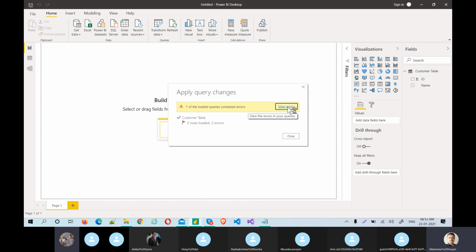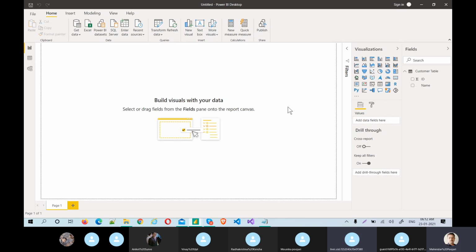Okay. Now I just want to view the errors. Again, it will go back to the query editor to view the errors. Do apply change. Yeah. Again. Okay.